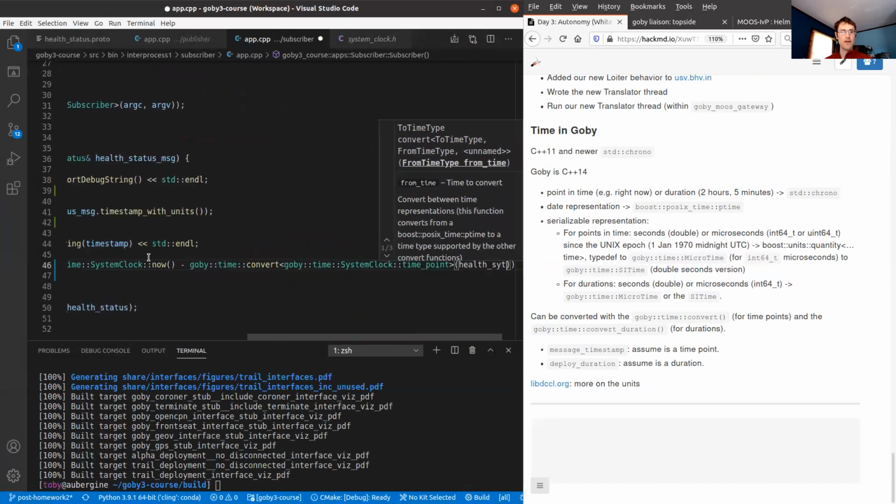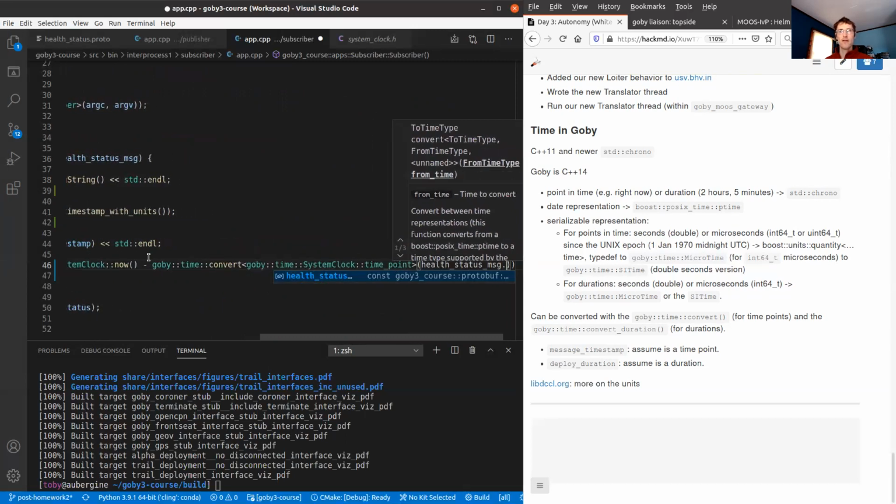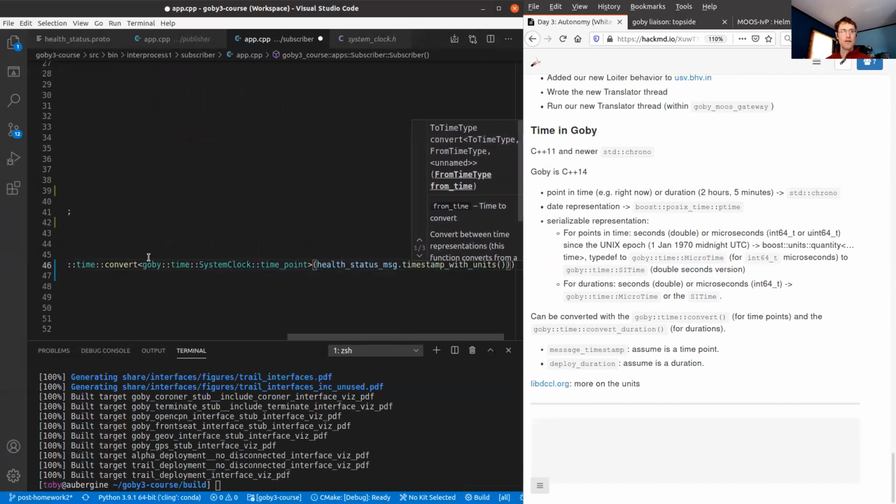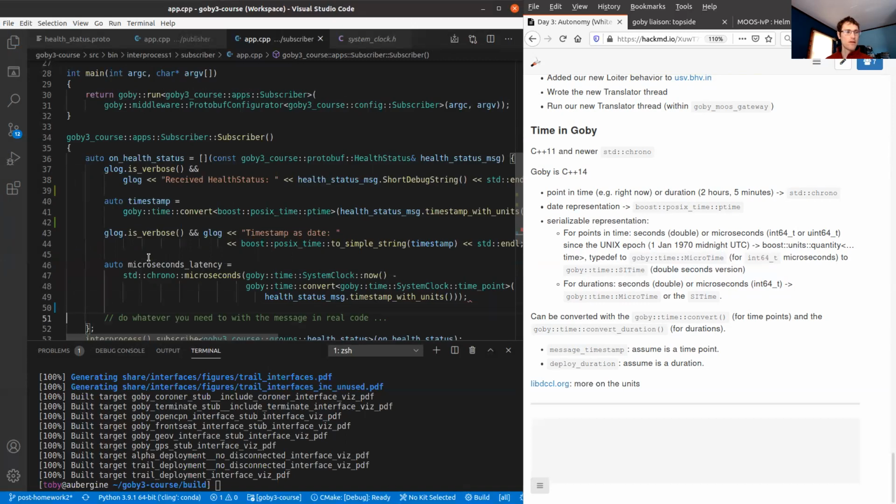And then the actual time in the message. Now that we've got this latency, we can also write that out.